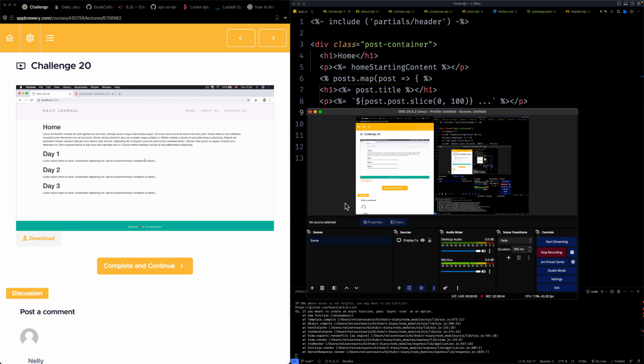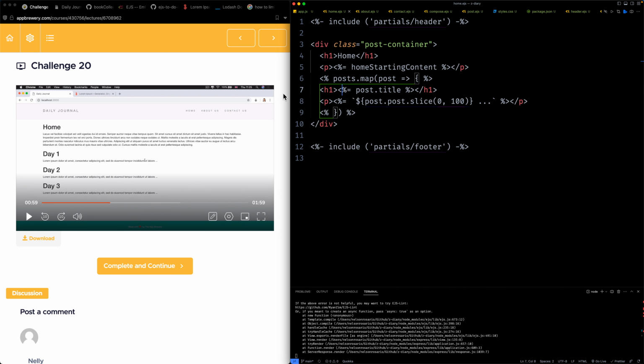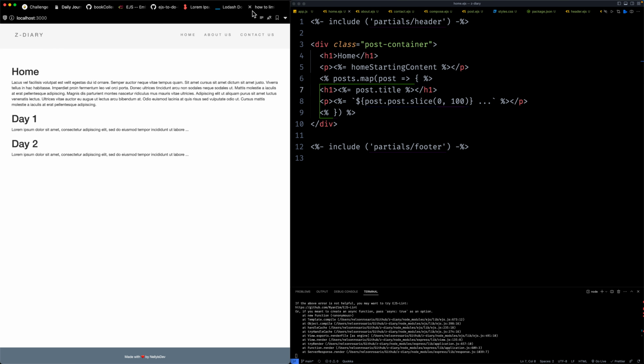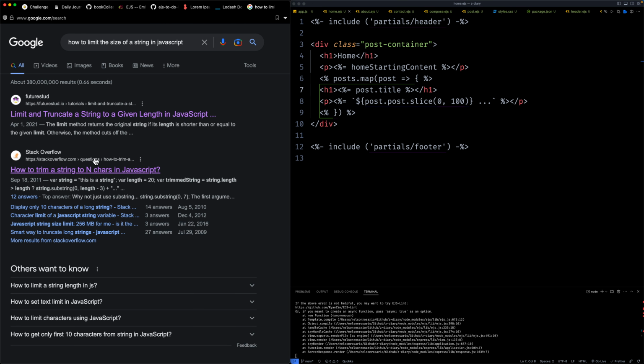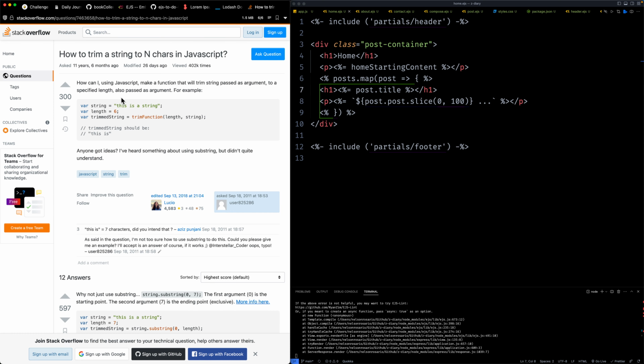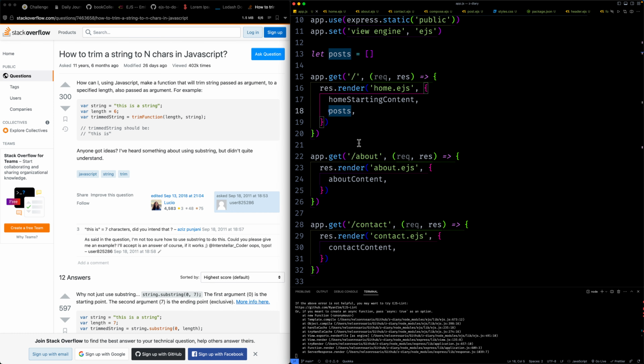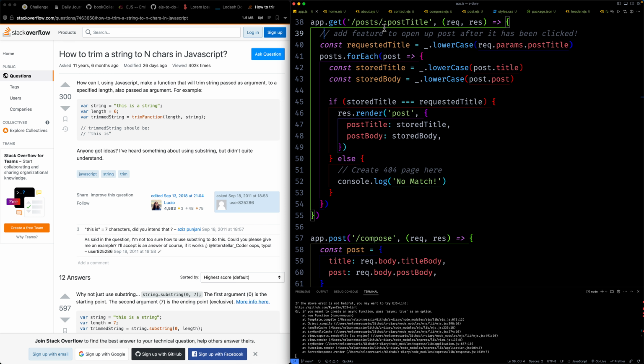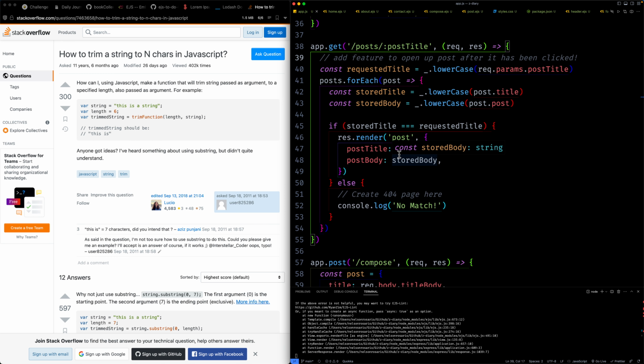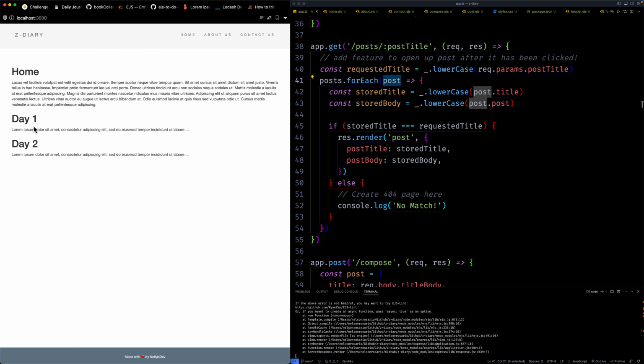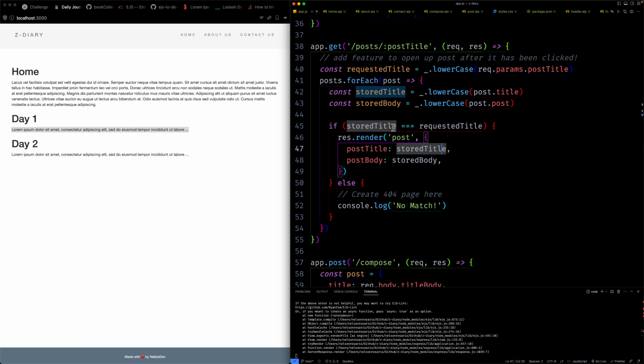All right, so challenge 20 was really, really weird. It took me a little minute to figure it out because I was just like, what? My mistake was I was looking how to trim a JavaScript string, but I was doing it down here in our params get method. So I was trying to trim it inside of this forEach, but then I was like, wait, that doesn't affect anything that's on the home screen,